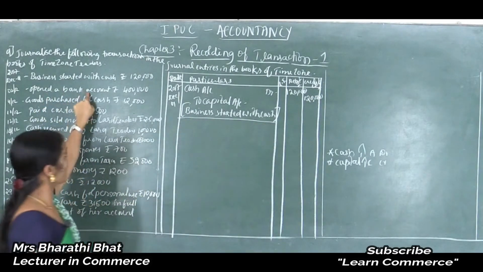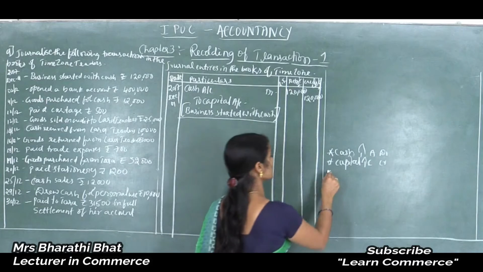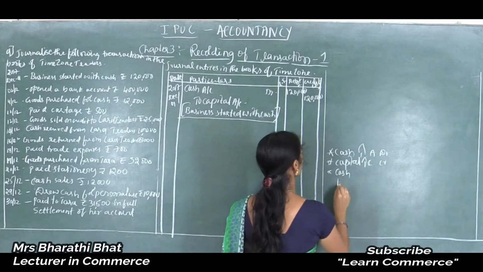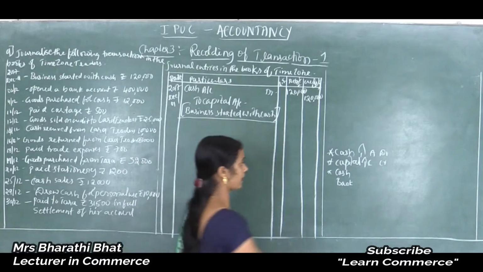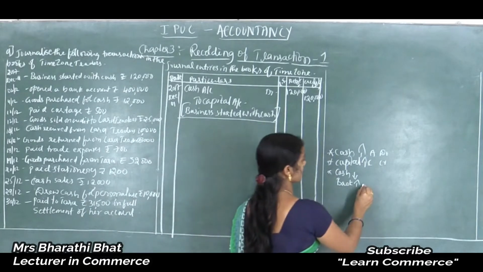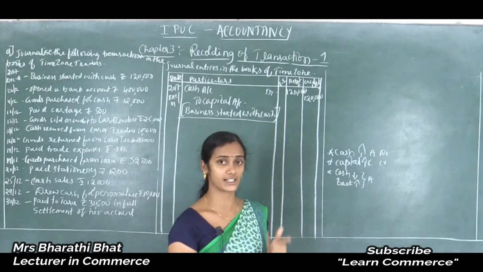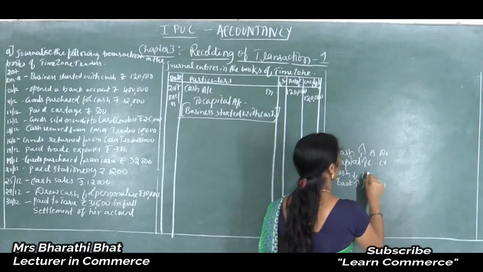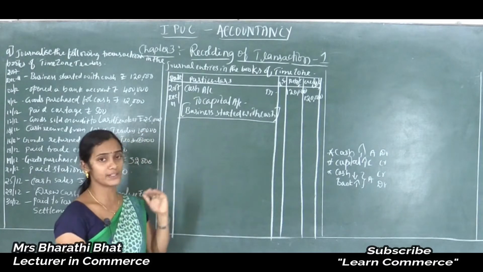Business opened a bank account, rupees 4 lakh. What are the two accounts involved in that? When we open a bank account, we should deposit some cash. So one is cash, another one is bank, because when we deposit cash into our bank it shows increased value. So cash shows decreased value, bank shows increased value. Cash and bank both come under current asset. So increase in bank means increase in asset, which is to be debited, and decrease in asset is to be credited. So we should write the debit aspect in the first line.